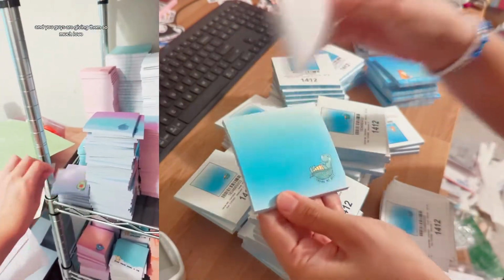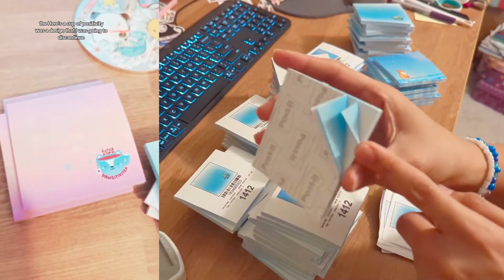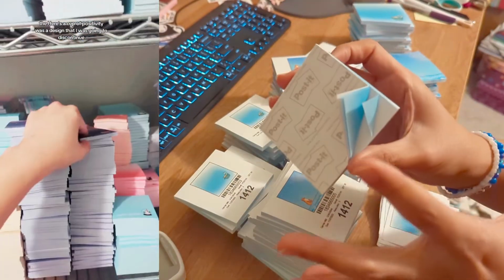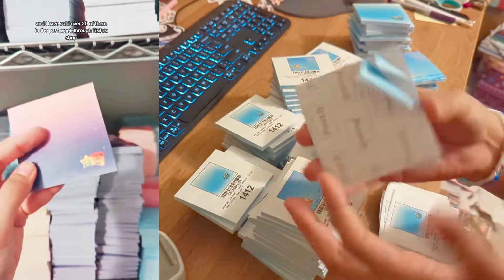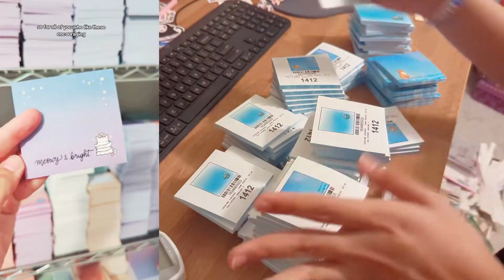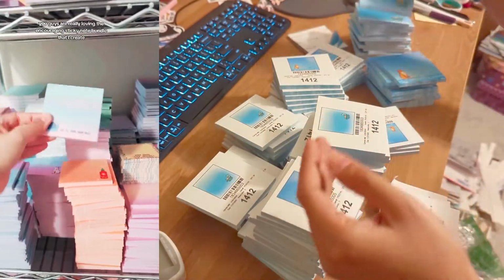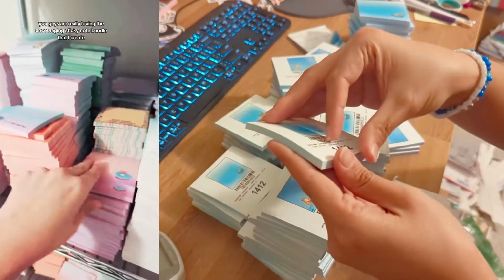If I ever have issues with an order and I send them pictures and let them know, like something like this, for example, where I say, hey, this many of the sticky notes I ordered came damaged, there were bent corners, maybe the ink was grainy, something like that, they will fix it all. So they will send you a replacement or give you the refund,